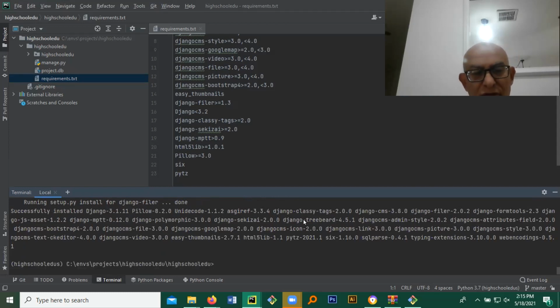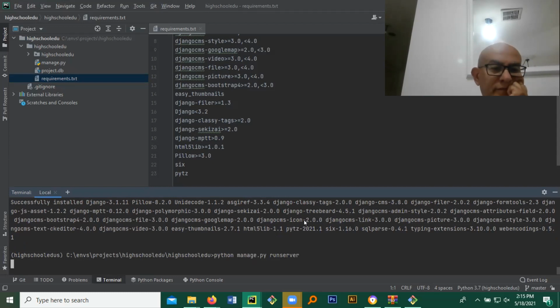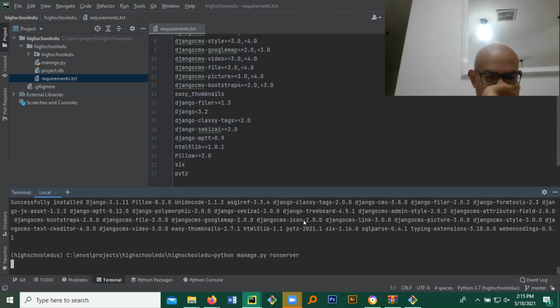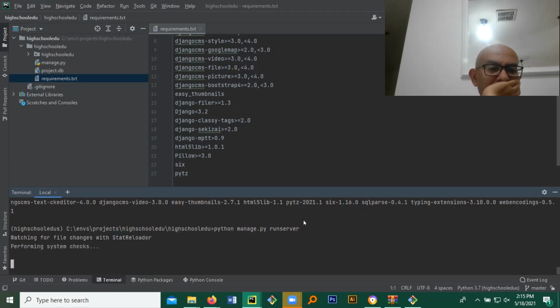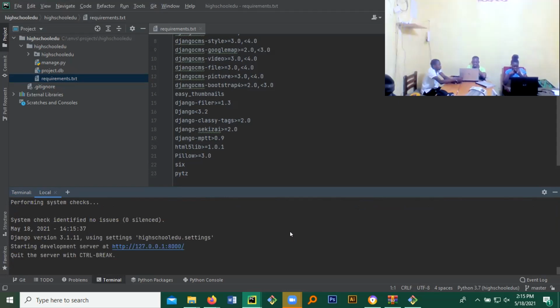Okay, beautiful. So we have everything installed now, correct? If we run this one, will it work or not? What do you think? Will it work or not? It will work. I don't think so. It didn't make any difference. First of all, it looks like it got stuck for some reason. I don't know why. But it looks like it's working. Let's see. If I click here,